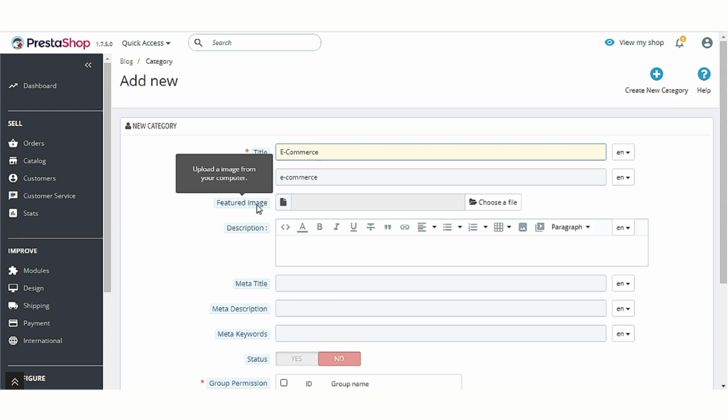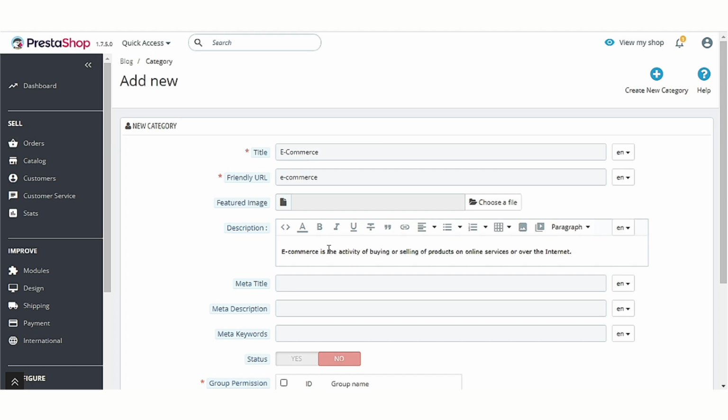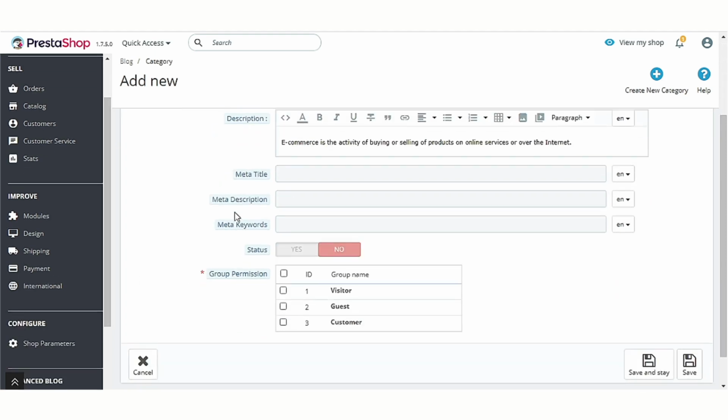Admin can choose to upload the featured image for the category from here. Specify category description here. In these fields, admin can set the meta title, meta description, and keywords for the category.